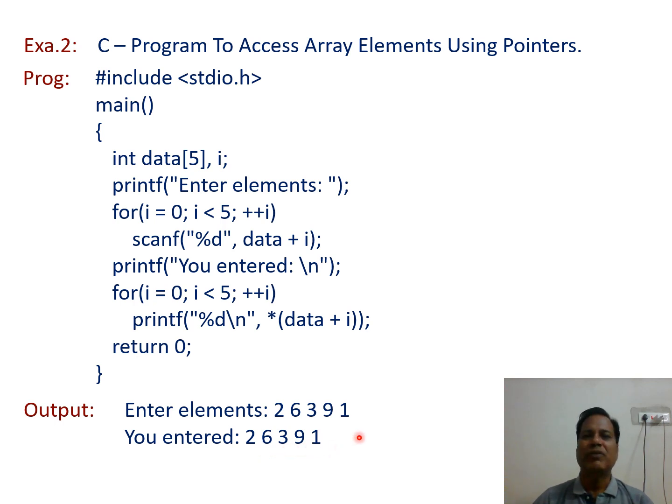So in this way we discussed that the name of the array can be used just as a pointer because it indicates the address of the first element. So that name is taken as a pointer variable because a pointer variable stores the address of the memory location. So the name of the array is the same as a pointer variable.